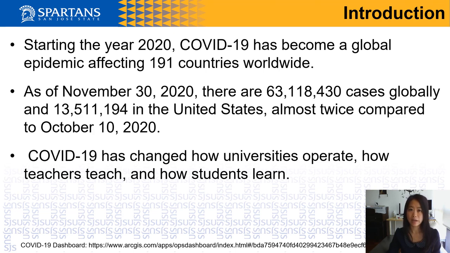So COVID-19 has really changed how universities operate. We cannot have the traditional university classroom anymore, with universities operating online in most countries. It has also changed how teachers teach. We cannot teach in traditional classroom settings, we have to teach online, and it has changed how students learn as well. So with all this background,